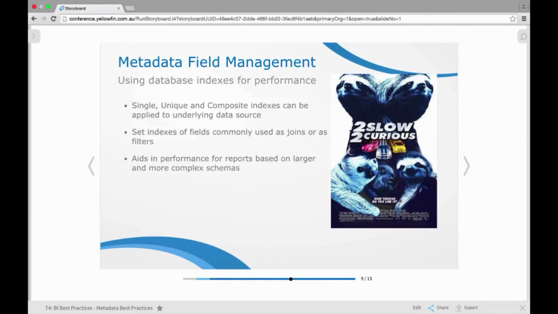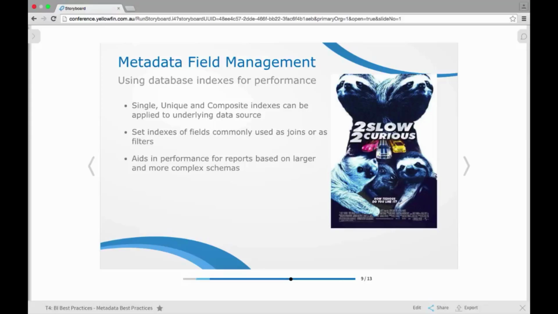Another thing we do like to bring into the metadata level is making sure we have the right underlying data setup. Often when we're looking at consulting or database management, we look at the structure of the data, but one thing we look at in particular in relation to our views and our metadata level is the indexing or the structuring of the fields there. We always do recommend that the fields are set up